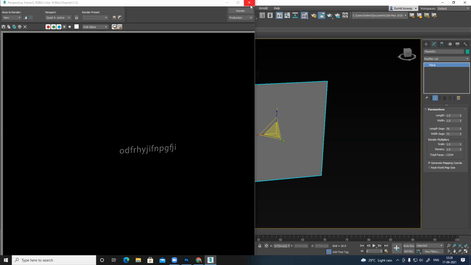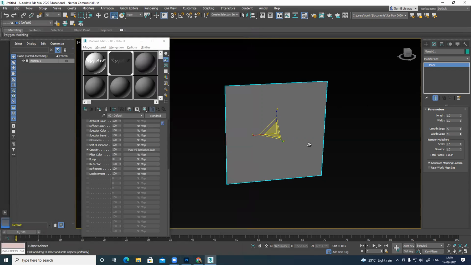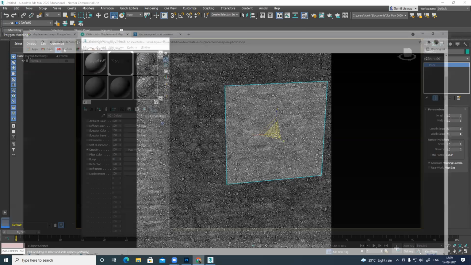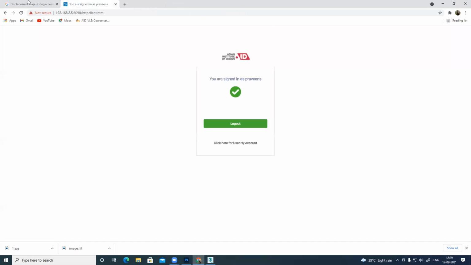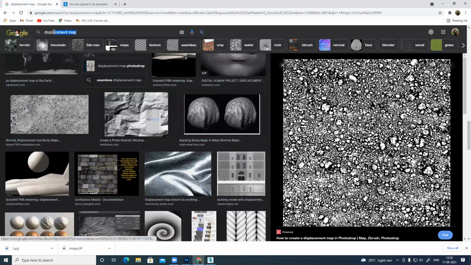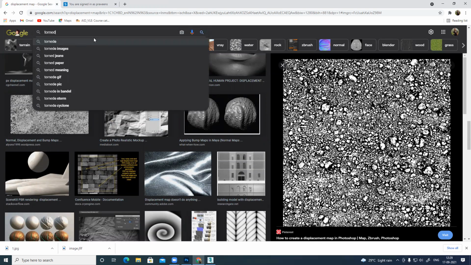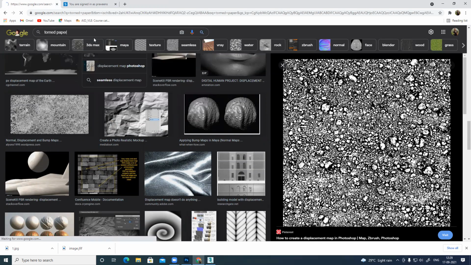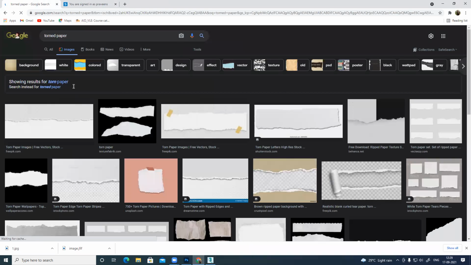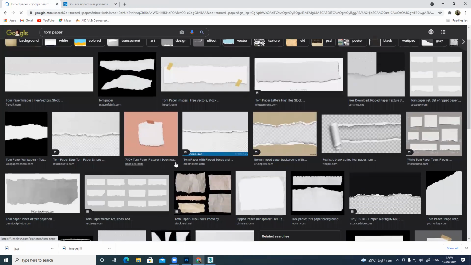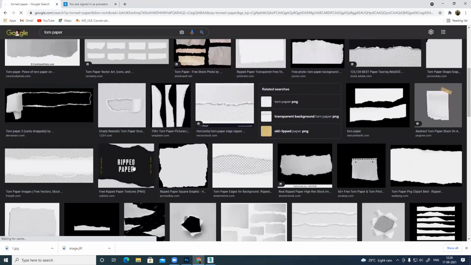I'll show that. So let's see. I want to create it transparent. Black means transparent. So let's see. Tone paper. Okay, tone. Let's see something.